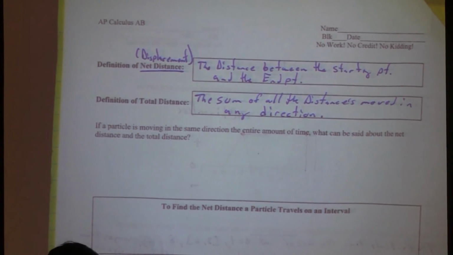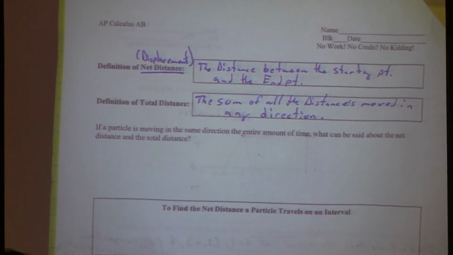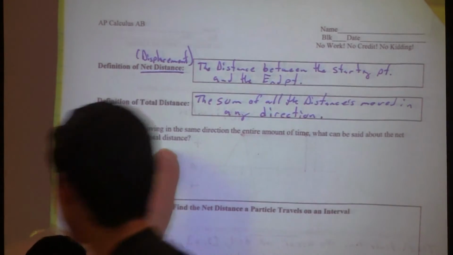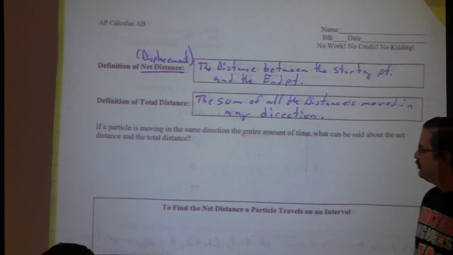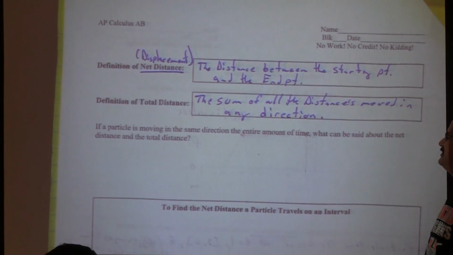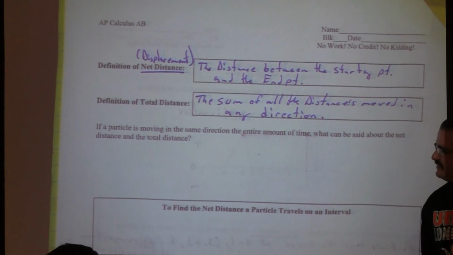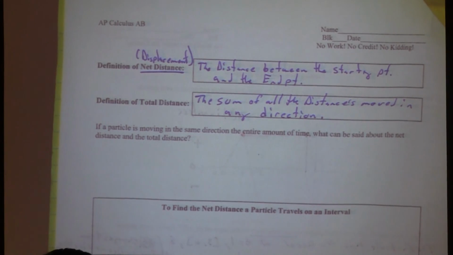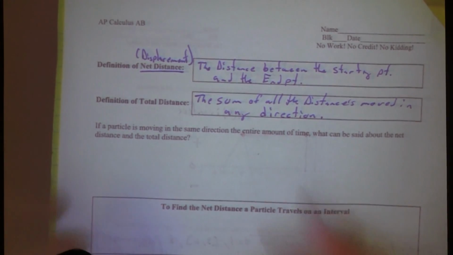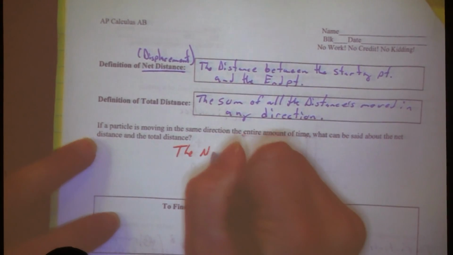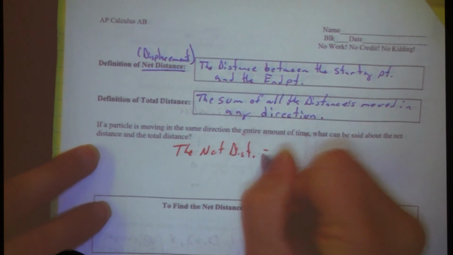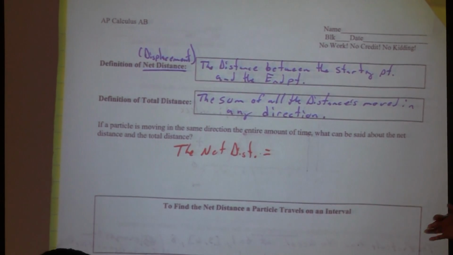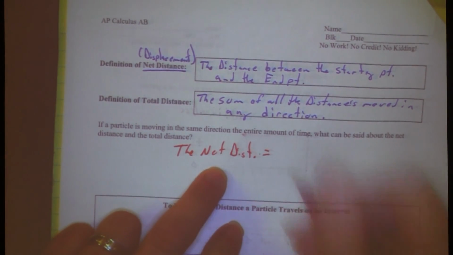Alright, so one last thing before we finish, we still have time. So let's see if you can answer this question. Let's go. If a particle is moving in the same direction the entire amount of time, what can be said about the net distance, which is the displacement, and the total? They're equal to each other. Equal? Yes. Why? Because I never changed direction, so that means from where I started to where I ended, it's going to be the same as the total distance, right? So the net distance will equal the